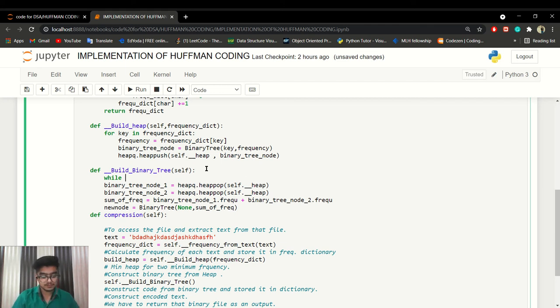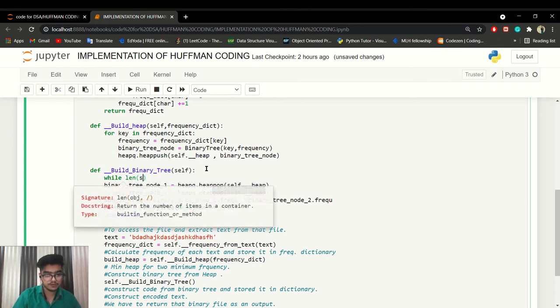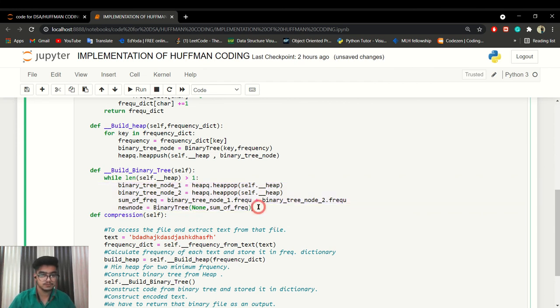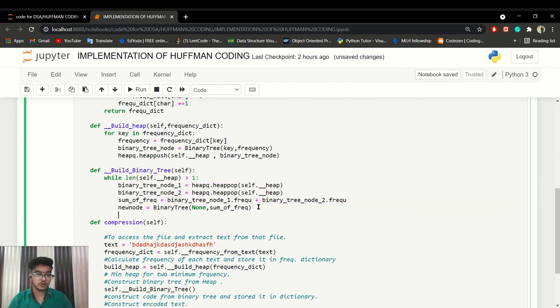So while length of self dot heap is greater than 1, we have to do all these steps. Now it's good. So we have binary tree node 1, and we are creating a new node as well.